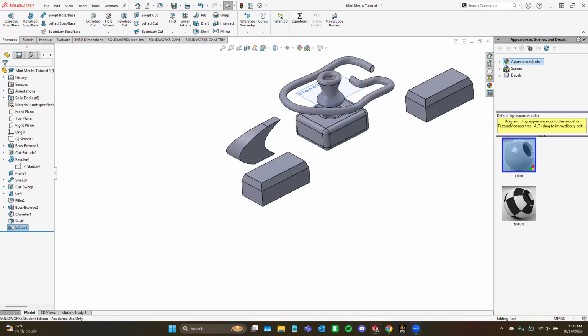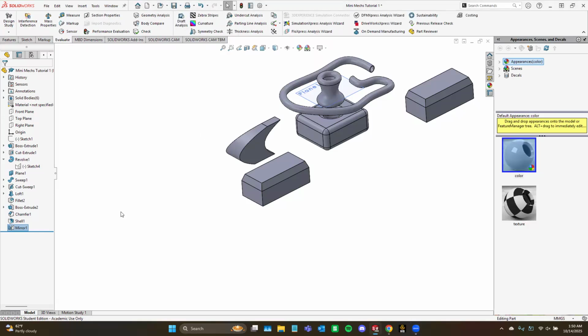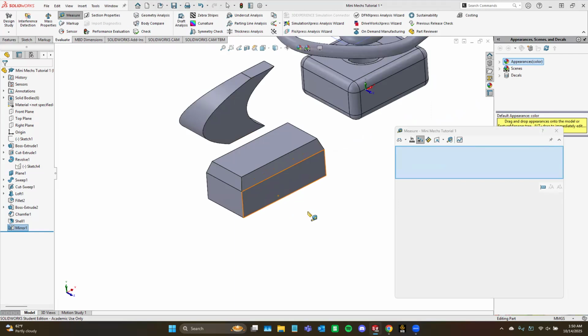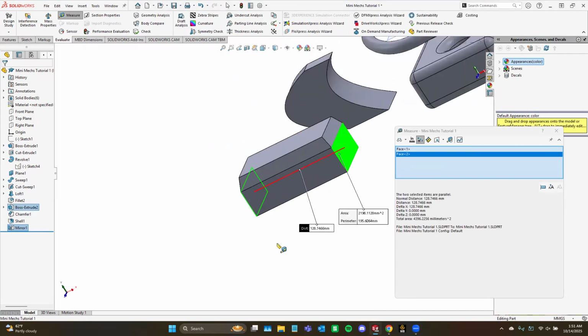Okay. Now let's look over the evaluate tab really quick. The measuring tool, I've used it already in this tutorial, but it's extremely useful and you can use it no matter what type of action you're taking. So for example, even if you're in the middle of an extrusion, you'd still be able to go into evaluate and click on the measure tool if you need a quick refresher on, oh, how thick do I want this extrusion to be? So you can easily measure between faces,